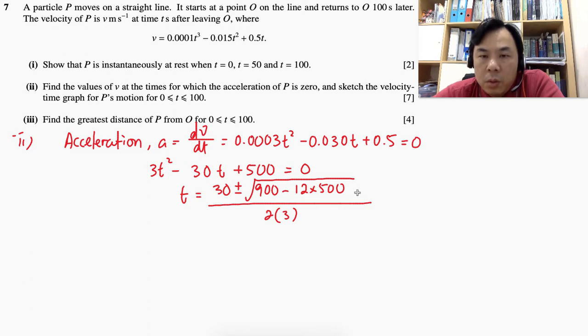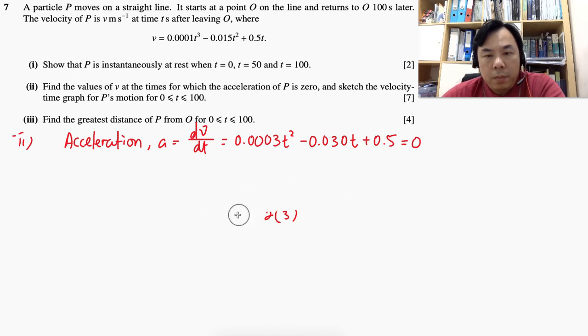So that should be 300. And then this one is 5,000. Sorry, I think I messed up here. Let me correct that one more time. That should be 3t square minus with